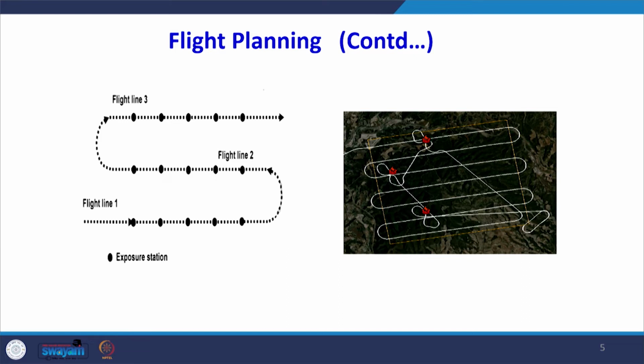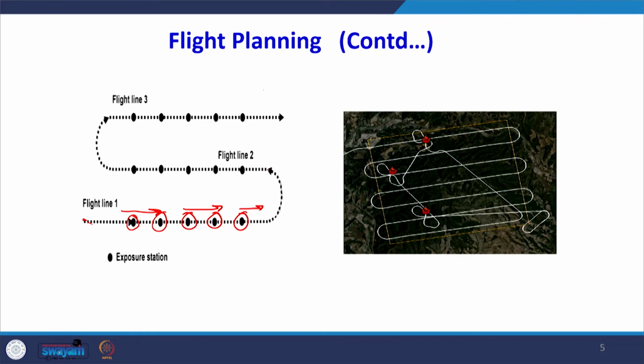This diagram shows how the flight planning would be done. Actually, this is my flight line 1. The aircraft direction is from left to right, and one can see these big dots. These big dots indicate where the camera has exposed the ground. The camera is looking downward and has taken 5 snaps here, and then the aircraft